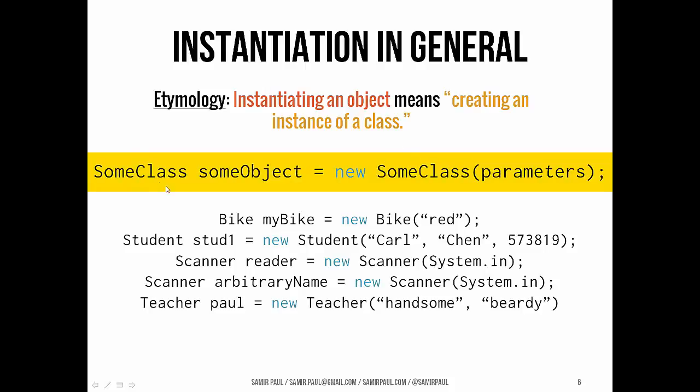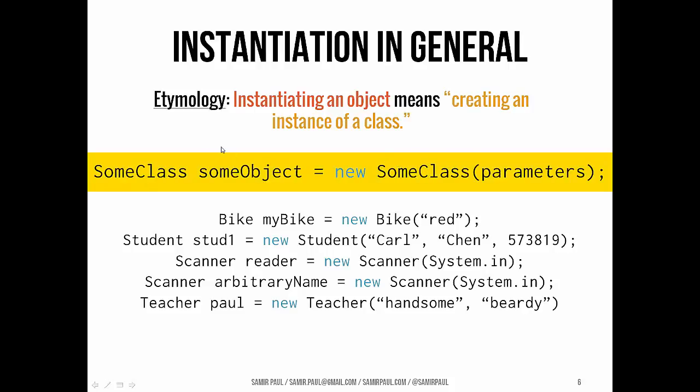They generally follow this format. Hey, make me a new whatever the class name is and whatever parameters it takes. So whatever characteristics you're giving that object. Now, whoever writes the class, whoever writes the definition of that type of thing, whether it's a bike or a student or a scanner or a teacher, gets to decide what types of parameters it takes, whether it takes a color or a name or a string or a number or a temperature or adjectives or whatever else. We're saying, hey, give me a new example of that object, a new instance of that object,